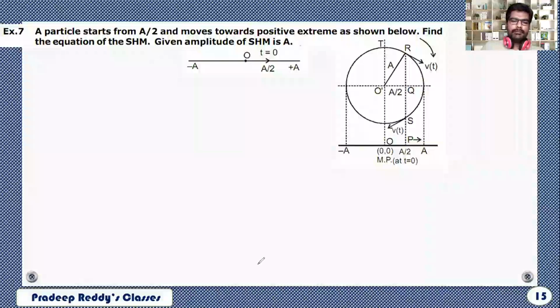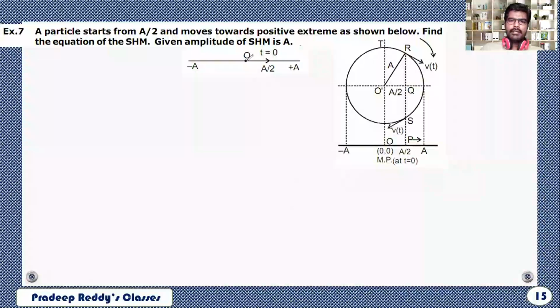So this model is quite different from those problems which we have discussed earlier. We will be using uniform circular motion, like the projection of the particle which is moving in the circular path. It executes SHM. The components of the vector are executing SHM. We will use that concept and we will solve this problem.